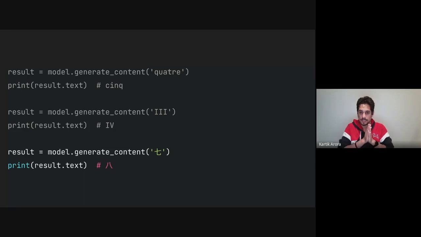But yeah, my training data had nothing in French or Roman or Japanese. And my prompts over here were as simple as the number as input. But Gemini was smart enough to understand what I might be doing. It is fine-tuned for doing this, and it is able to give me the result. That concludes the tuning part of it.